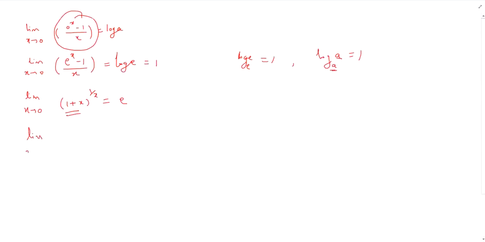And if we apply log on both sides, then we can write the LHS as log of e, the index becomes a multiple, that is 1 by x times log of (1 plus x), and log of e is equal to 1. So I hope you get this result. Let us see how to use these results. Let us consider one example. Question from exercise 7.6, and the first question is: evaluate the following limits.